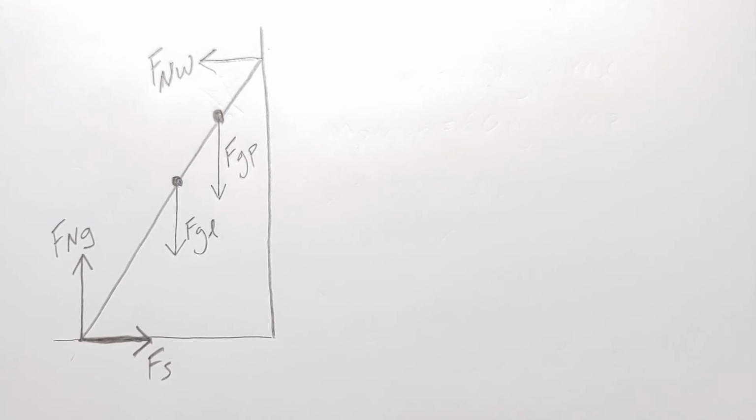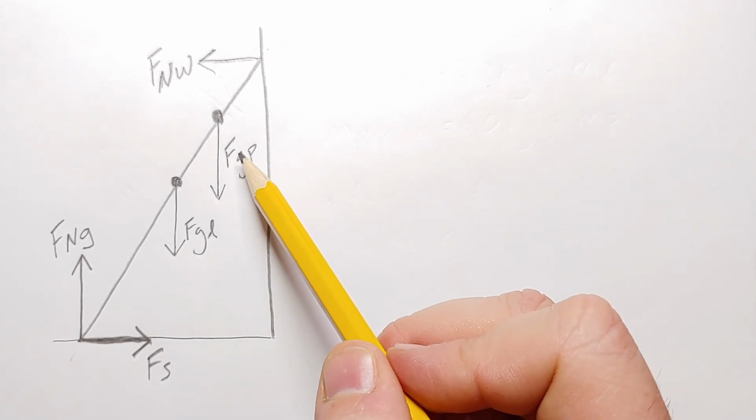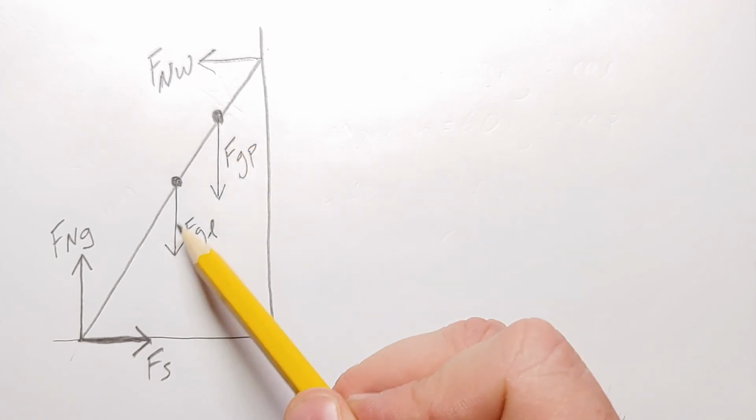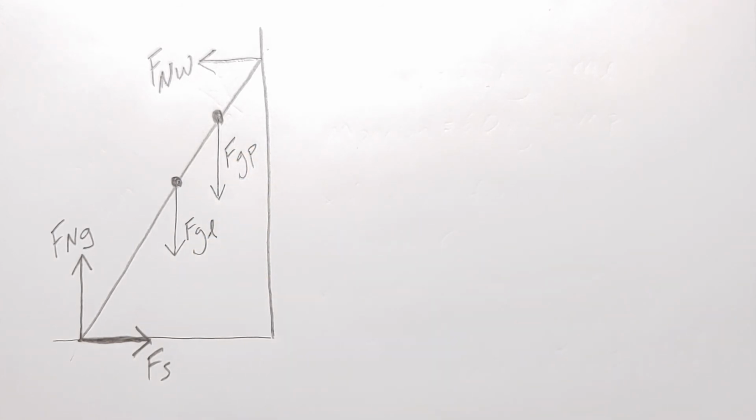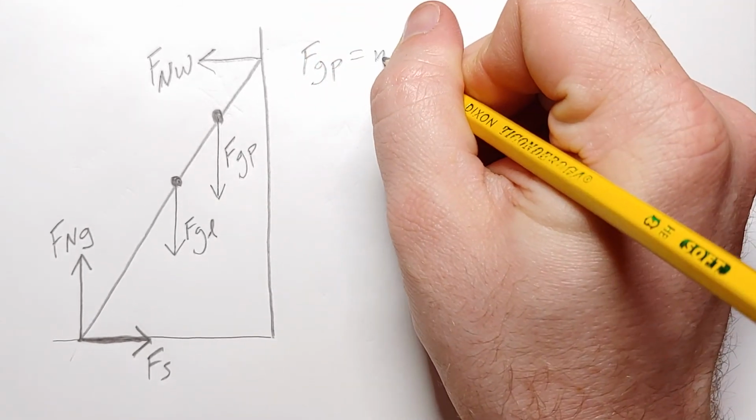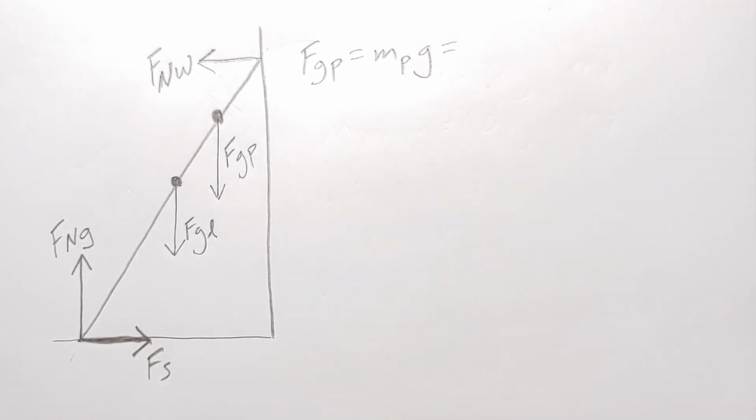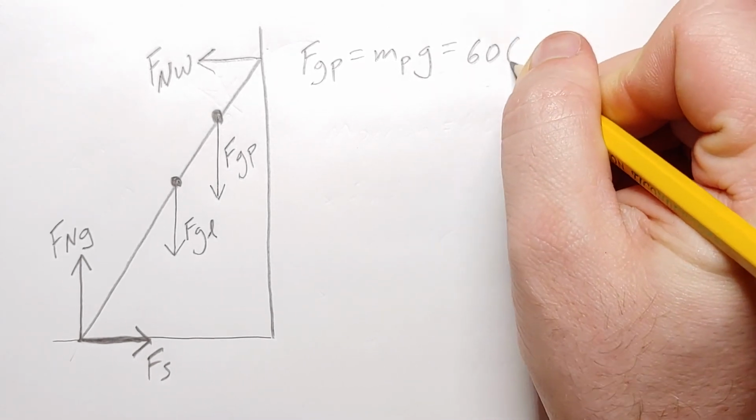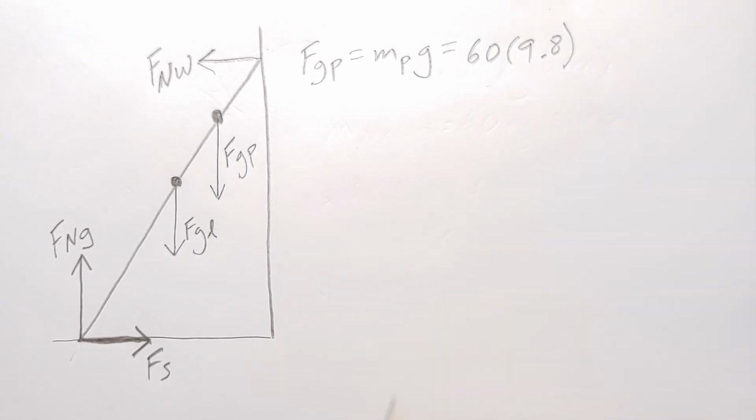And we need to figure out what all of these forces are. So we have 5 things that we need to solve for. 2 of them are pretty straightforward to find. The force of gravity on the person and the force of gravity on the ladder is just going to be m times g. So the force of gravity on the person is the mass of the person times g, which is going to be 60 times 9.8, which is